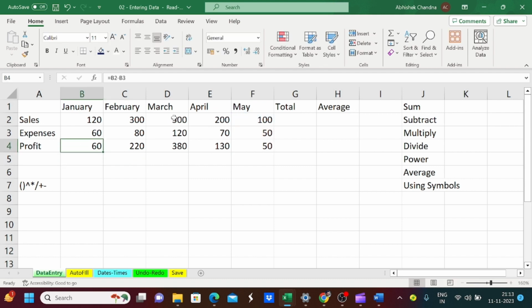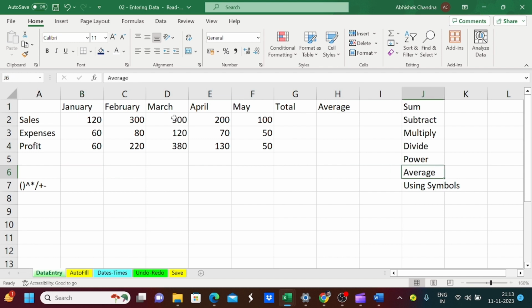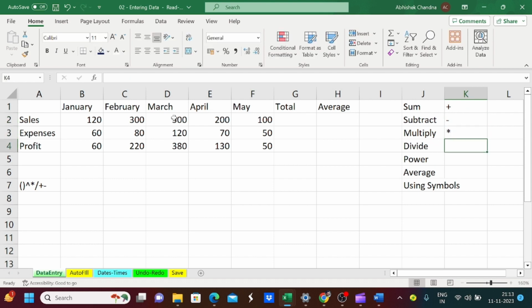So these were just for subtract, and if you want to sum or multiply or divide or use a power, what about in that case? In case of sum you can use the plus button. In case of subtract, it will be better if I just write here, right? Yeah. Sum, subtract. For multiply you can use asterisk. For divide you can use slash. For power you can use this. So these are the symbols you can use for your